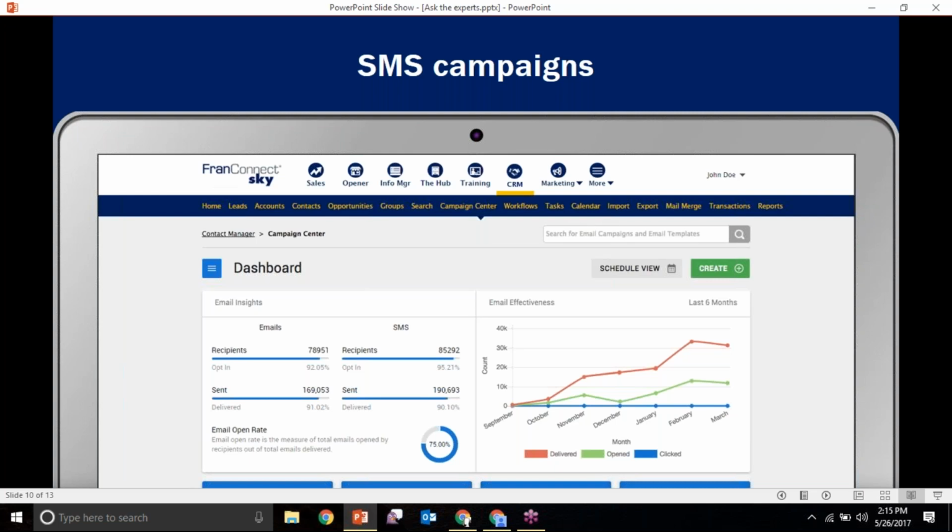As part of our Polaris release, we have extended that functionality to allow you to send SMS campaigns. So you can create a drip campaign that would basically be a set of text messages that can go out to your leads and customers in sales and CRM,